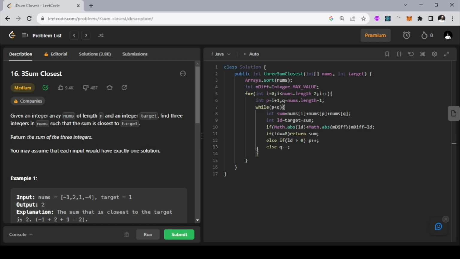So this is basically the whole code, and finally when we are out of this loop, we just need to return the result. And what is the result? Basically we need to return the sum that is closest to the target. So now you can look at this equation. From this equation you can find that the sum is nothing but the difference between target and minimum difference, right? So we just need to return target minus minimum difference. So that is as simple